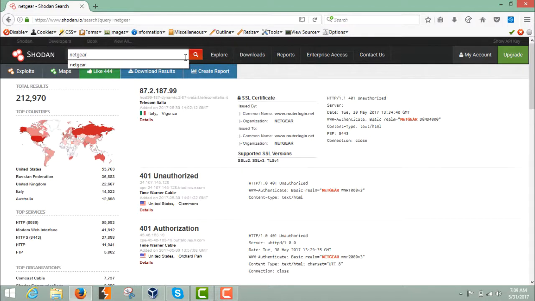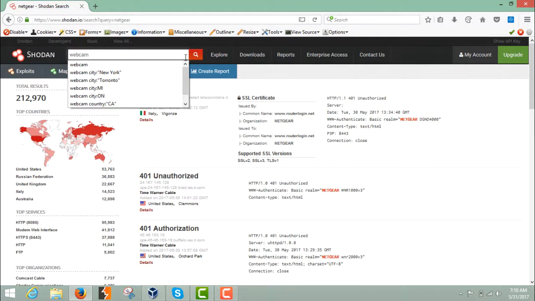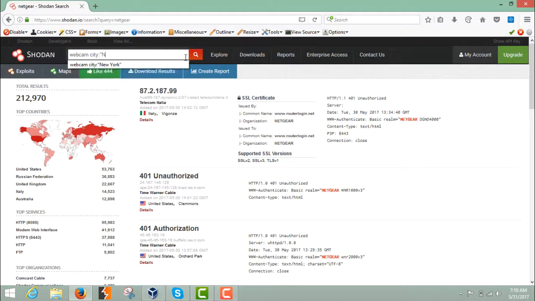Now what if you want to find a webcam but in a particular country? Then what will you do? Are there any filters which we can use? Yes. There are filters which can be used inside Shodan to get a particular device according to our filter. Just for example, you want to find a webcam which is available in the city of New York. So we can use a filter called city, then colon, and inside the double quotes we have to write the city name. Like just for example, I'm writing New York here, and if I hit enter,